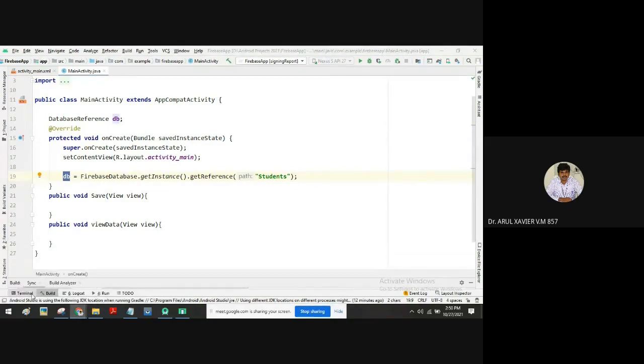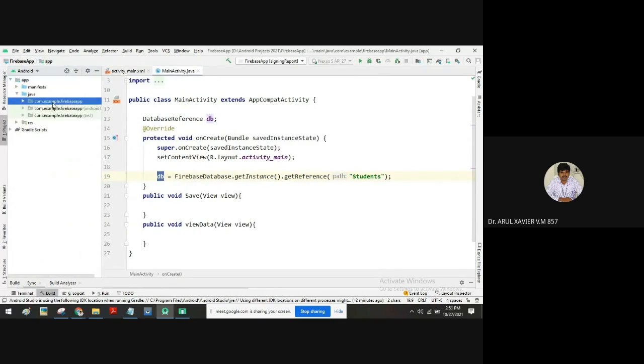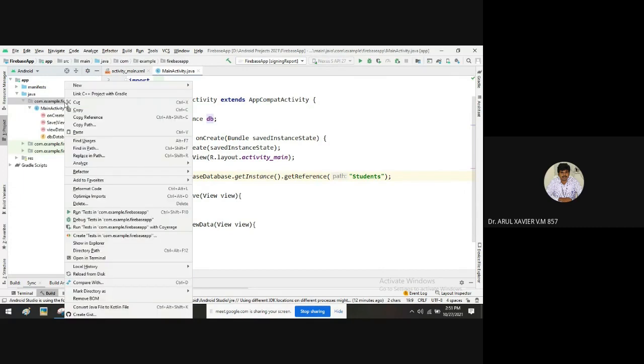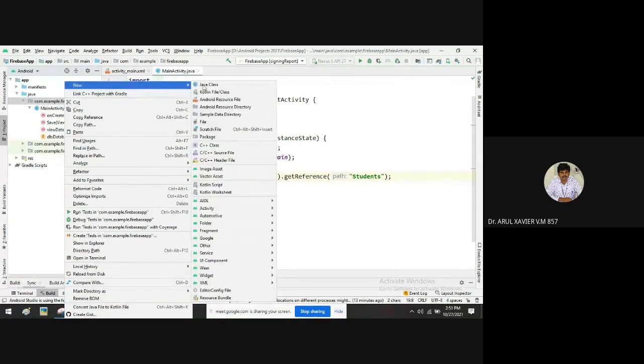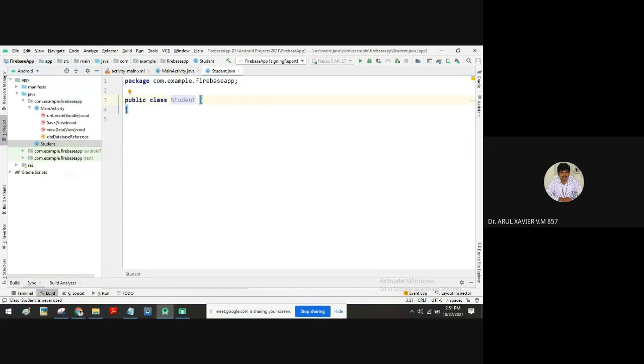We have to create it. So for that, just go to the project directory, click app, go to the Java package, select the Java package, right click, new, select new Java class. Here we can give a name of the class. For example, I'm dealing with student, right? So we can give the name of the class as student. Okay, so I'll give Student class. So this is a model for representing one object's data.